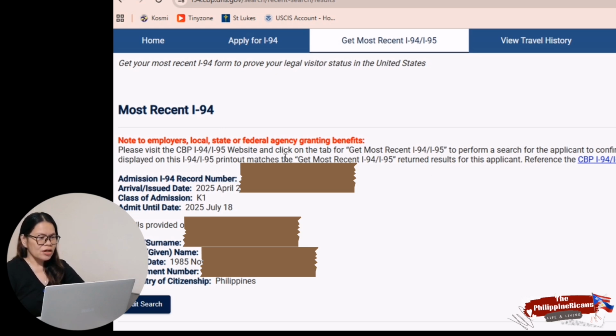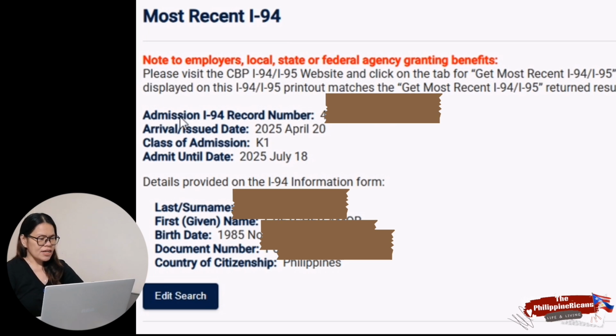And then you will see your most recent I-94 form. Okay, it says here, the admission I-94 record number. This is a unique number guys, it's only for you. Your arrival or issue date. Arrival issue date is the day you arrive in America. Class of admission is K1.